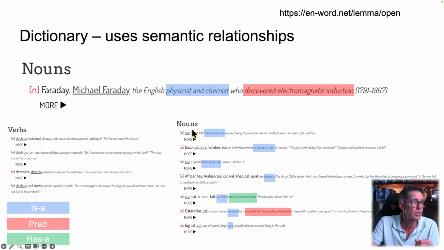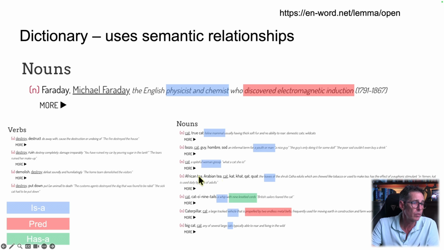And if we look down here, we can see nouns. What's a cat? So this is the house cat or a pussy cat. It's a feline mammal. So we're describing the fact that it is a mammal. So we're giving a category, and this is called taxonomy. So let's say you can have a bozo, the cool cat. It's an informal term for a youth or man. So it's a man. A man's a person. It's a youth person. So we're very quickly identifying the category, and that category is in blue. It's the is-a relation or the hypernym relation. It's the this is a kind of that.